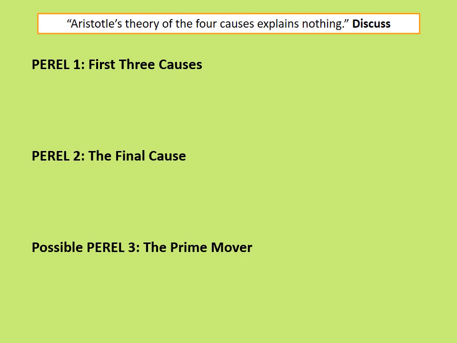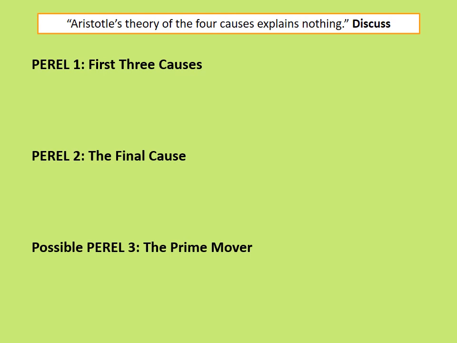You could look at the fact that Aristotle says there must be a prime mover because there has to be a cause of all change and motion in the universe. He doesn't think there can be an infinite regress of causes going back and back forever. So there must be some ultimate cause, and that cause is what he calls the prime mover, that kind of draws everything, all change, towards it.